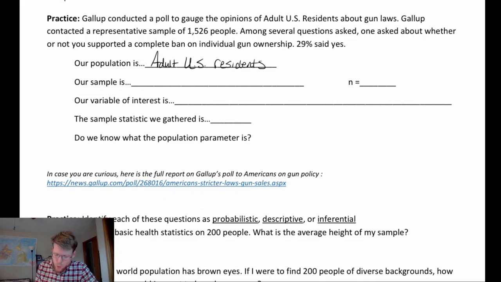Our sample is going to be the 1,526 people who responded, which means that N in this case is going to be 1526. Our variable of interest is, we could frame this a couple ways, but I'll just say support of a complete ban on individual gun ownership. Oops, I'm going to write what I say. So, support